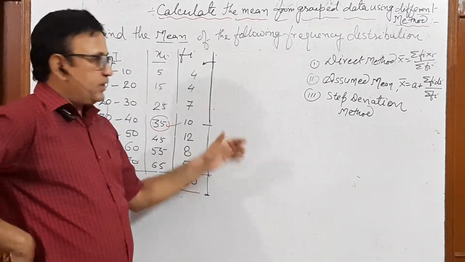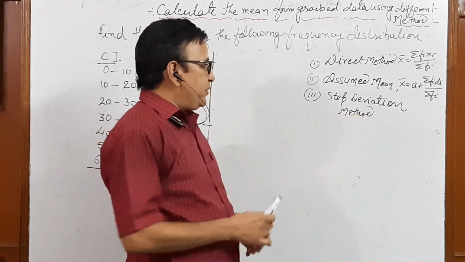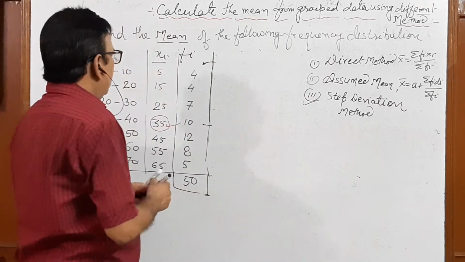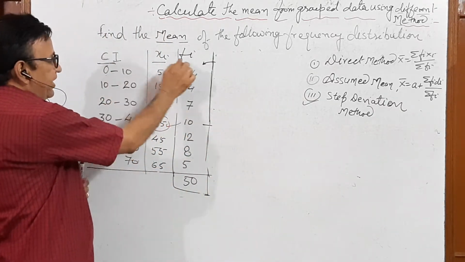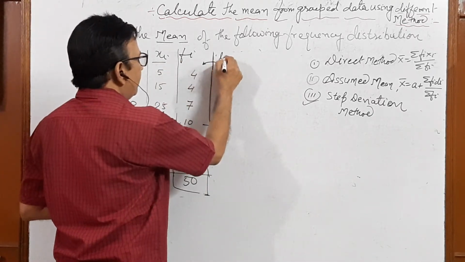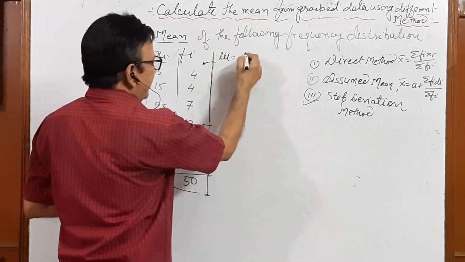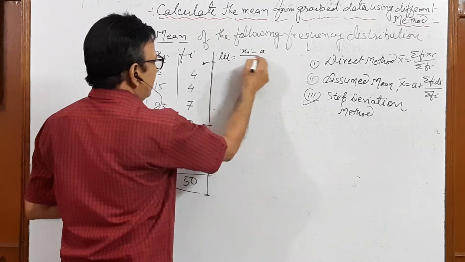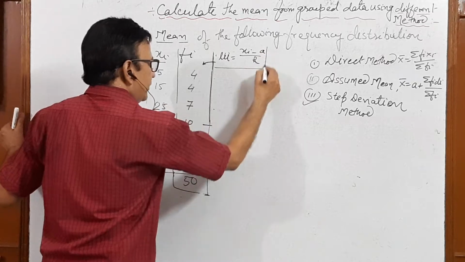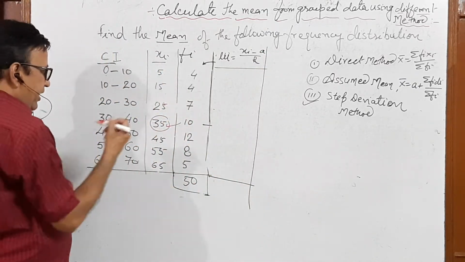Now I hope you pause and note down our previous method, the assumed mean. Now I am taking the next step deviation method, which is very important and very simple. Right? You see, again Ci and Fi are given. Xi we have to find out. Clear? And this time write Ui here. Ui means what? Ui equals Xi minus A by H. H means the class interval, that is 10. No problem.